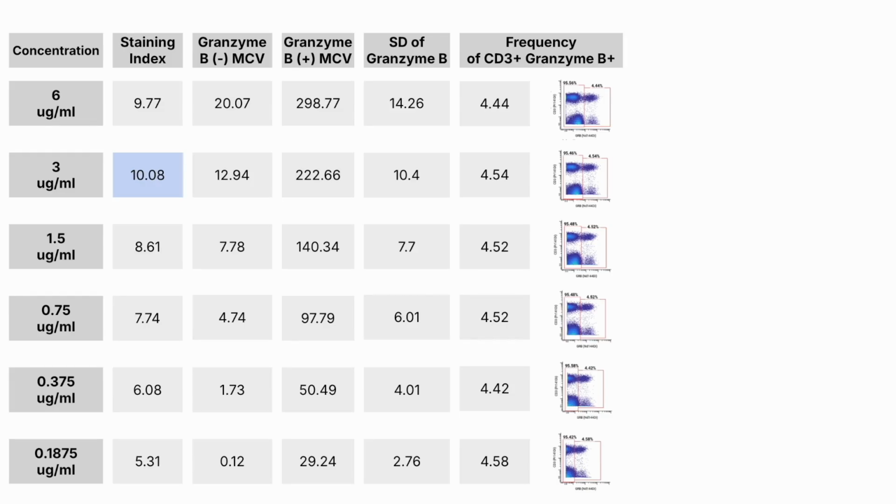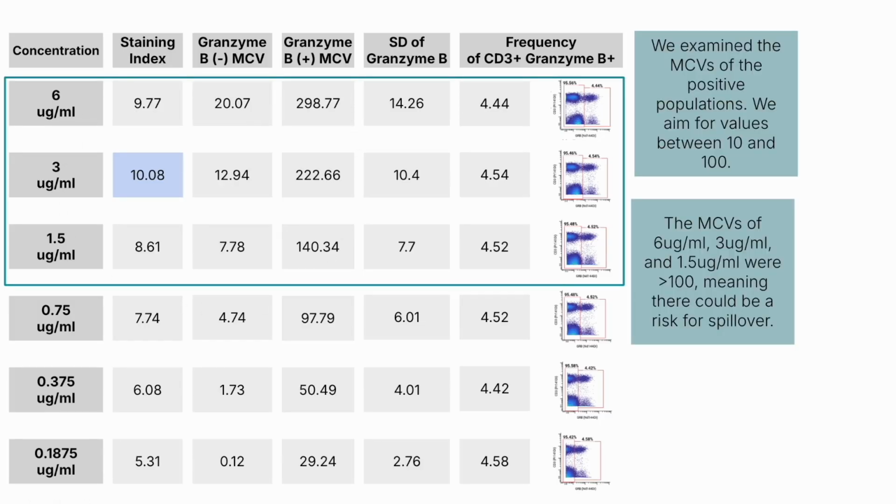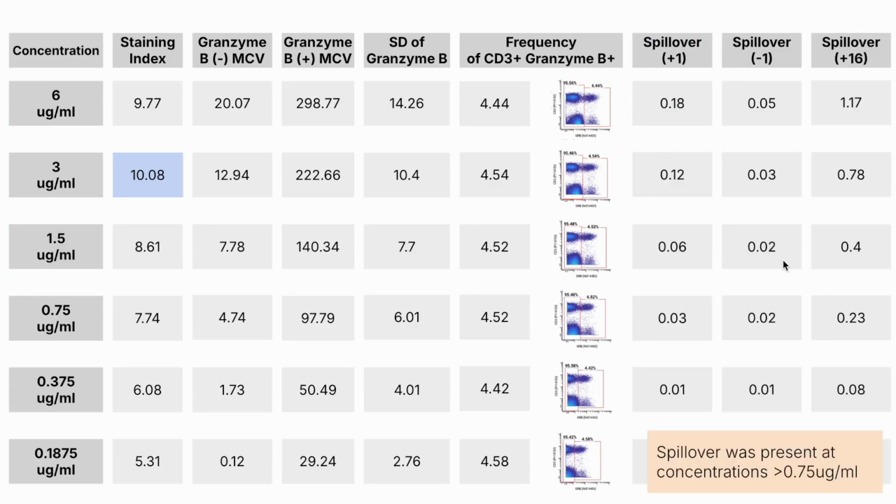And above median channel values of 100, there's often a risk for spillover into other channels. So you can see at 6, at 3, and at 1.5 micrograms per milliliter, there's a median channel value higher than 100, which could indicate a risk for spillover into all those neighboring channels and also into the +16 channel. So looking at the bottom 3 concentrations, you can see that there was relatively low spillover, and also at this 0.375 micrograms per milliliter concentration, you can see that the MCV is right around 50, which is what we typically